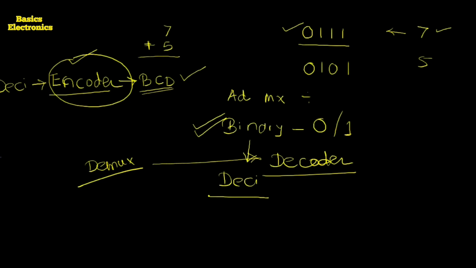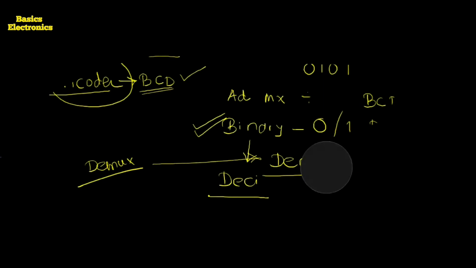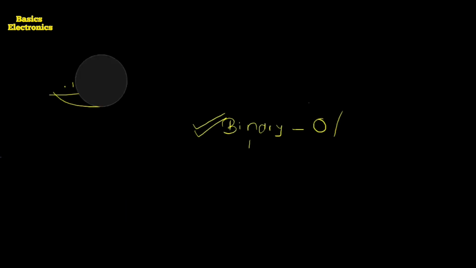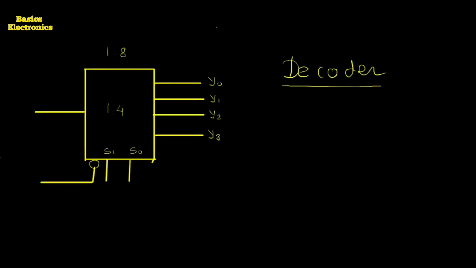We use that circuit for decoding, for the conversion of binary into decimal format, or binary into a readable format. In our syllabus, we have to study the BCD to decimal decoder. Later on, we will study all these encoder and decoder circuits. For now, we have to consider what a decoder is and how it is used for conversion. Here we will see an example using the demultiplexer.